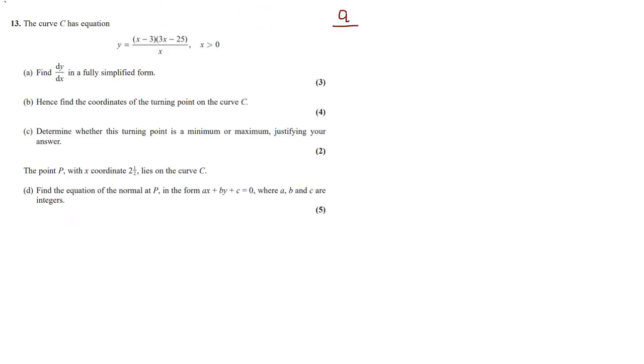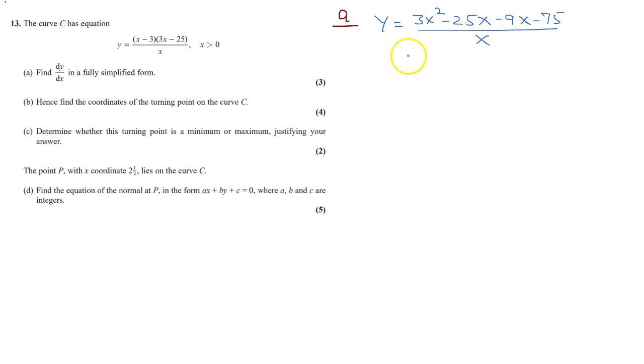Question number 13. The curve has equation y is equal to (x minus 3)(3x minus 25) over x. Find dy over dx. To find dy over dx, we have to simplify it first. So it will become x multiplied by 3x is 3x square, x multiplied by minus 25 is minus 25x, minus 3 multiplied by 3x is minus 9x, and minus 3 multiplied by minus 25 is plus 75